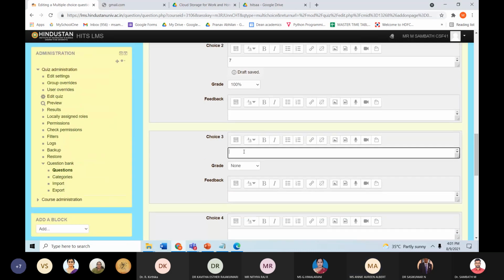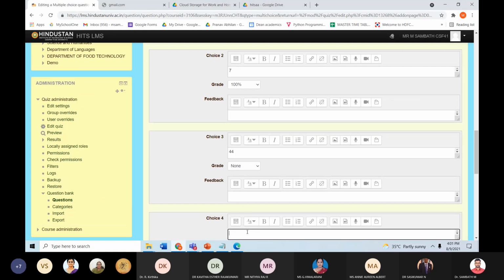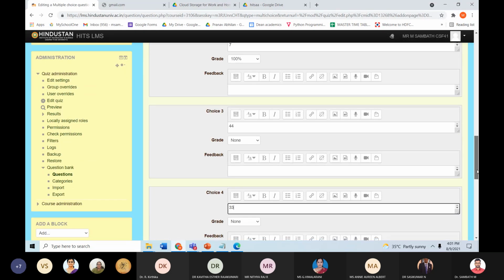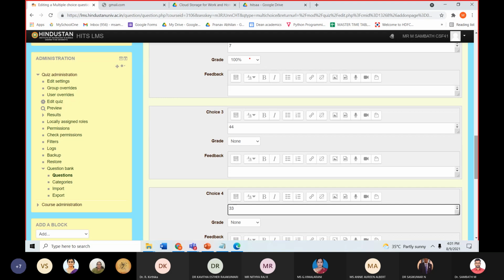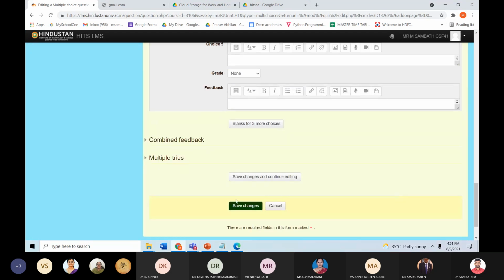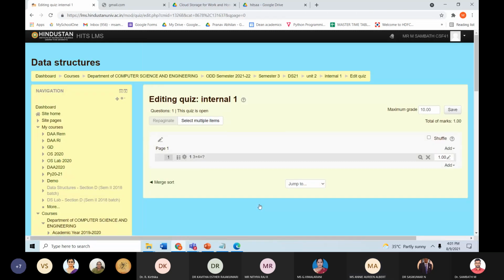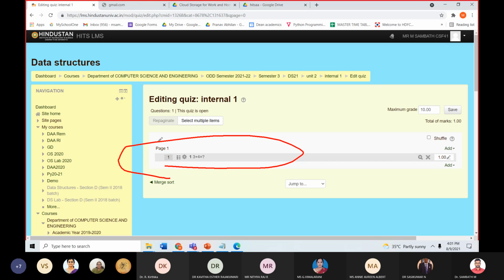Then I am giving another option, none, and fourth option, none. Only for the correct answer you change this grade. Okay, that's all. Then click save changes. Now you are able to see this first question, 3 plus 4 equal to 7.